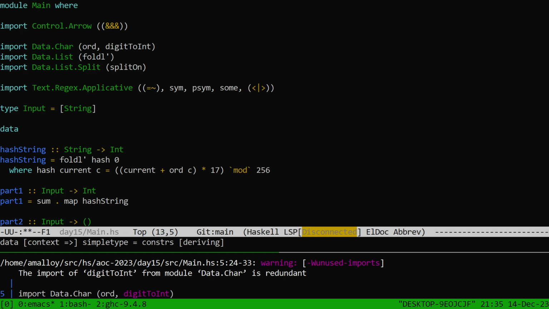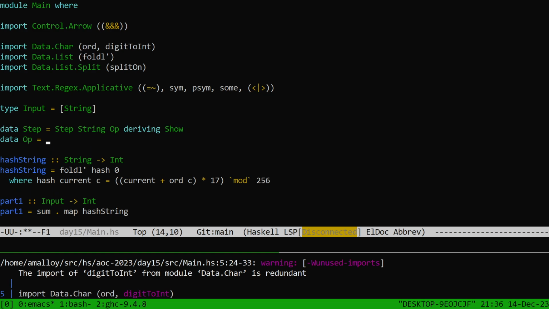Each step begins with a sequence of letters, the label. They're called steps, I guess. Okay. A step is a step with a label, which is a string, and then it contains an op, I guess. Well, I don't know. I'll just do string op, I guess. I don't think I'll need Eq or Ord for any reason here, so we'll just derive Show and that'll be that. Data Op is